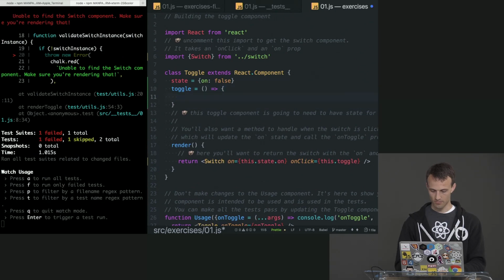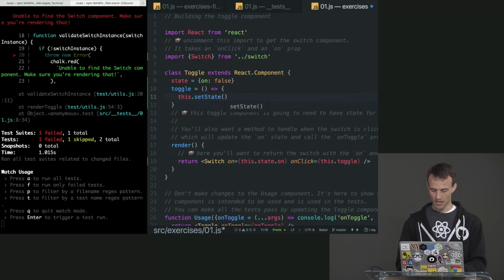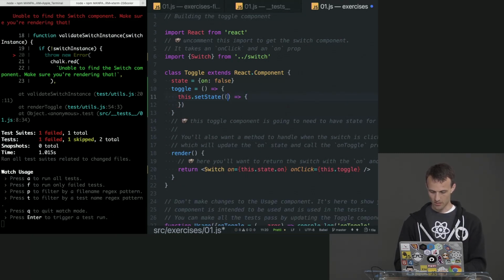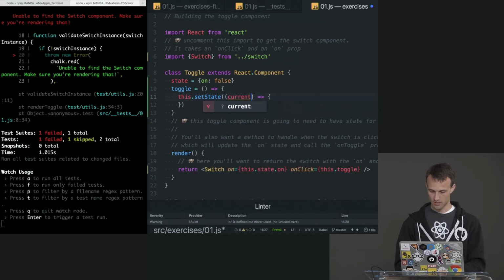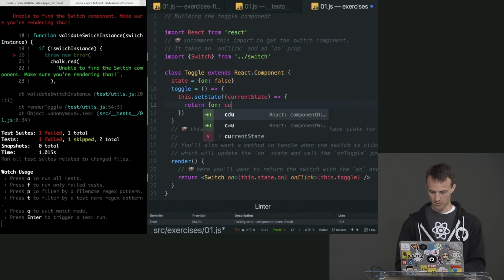And we need to create those things, so let's do state equals on is false, and toggle is a bound function, arrow function, which actually doesn't have a binding, but anyway, this.setState, and we need previous state. If we're going to toggle it, we need to know what the state was before, so we're going to use an updater function, and this is current state, and we'll return an object with on as the current state dot on, but negated